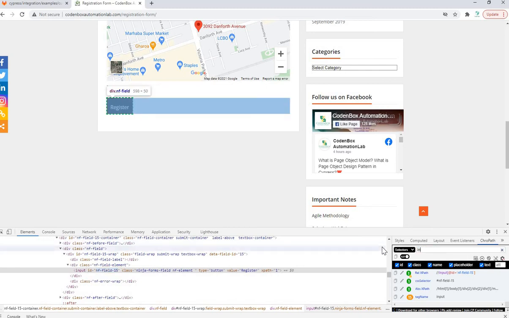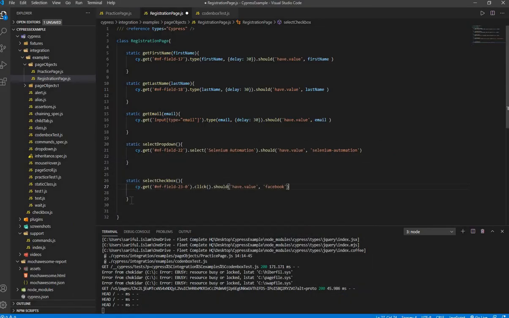So we'll say input, and then the attribute type equals button, right? There is a button. Let's see. Yeah, it defines one element, which is the register button, right? So let me copy this. Let's create over here